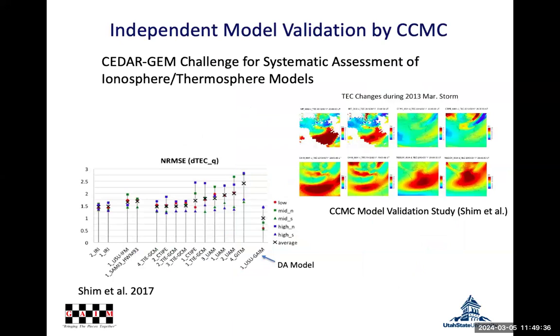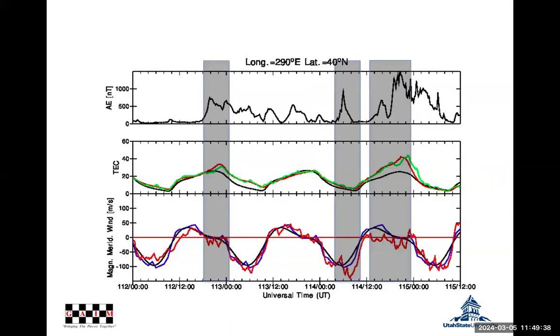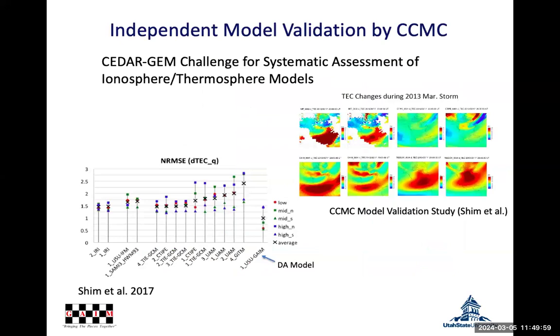Okay, so if we look at these results, if we look at the comparison with TEC, and we see, well, we get good agreement here, and we might get the idea here that everything's good, so the model is doing well. We're basically done,